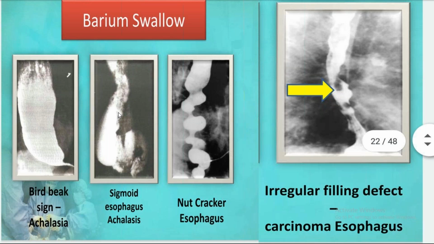So this is the sigmoid esophagus in achalasia cardia. This is the S-shaped sigmoid esophagus. This is the corkscrew esophagus. Nutcracker esophagus is called diffuse esophageal spasm. And this is the irregular filling defect when we do a barium swallow in